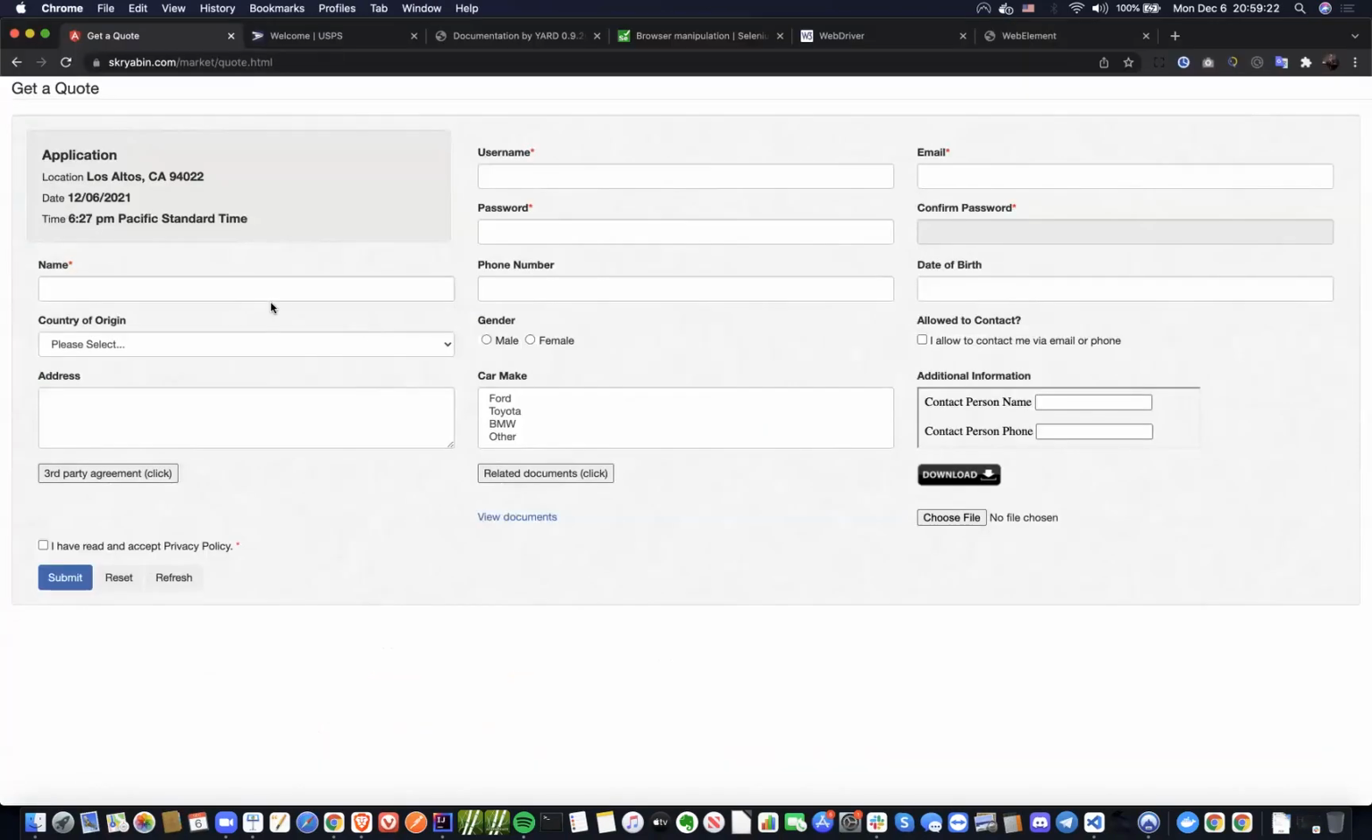Now the name is interesting. So how do you want to interact with name? How do you want to enter the name? That's a question for you guys, because some of you did it one way, some of you did a different way. What do you want to do? So first of all, you have to click because like